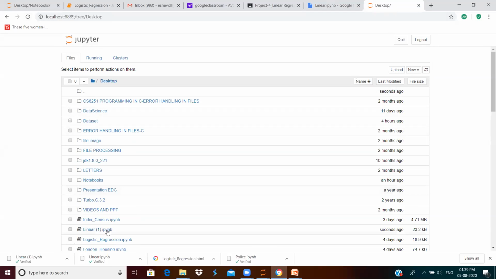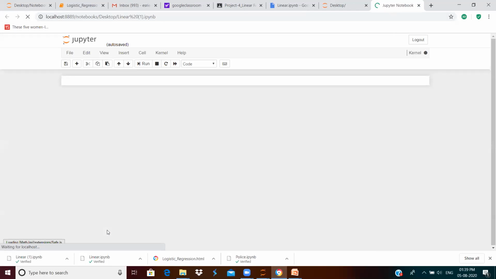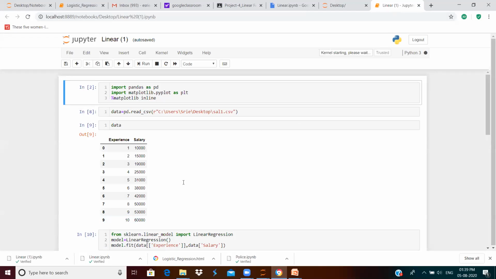So here I'm having the file linear regression. I'm opening it now. See, now I'm able to view the file. So this is how you should open, right?